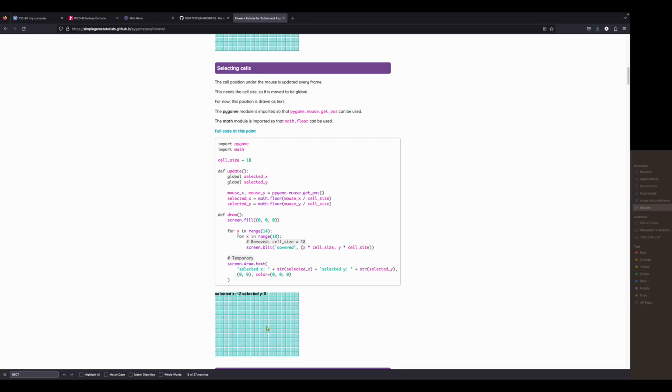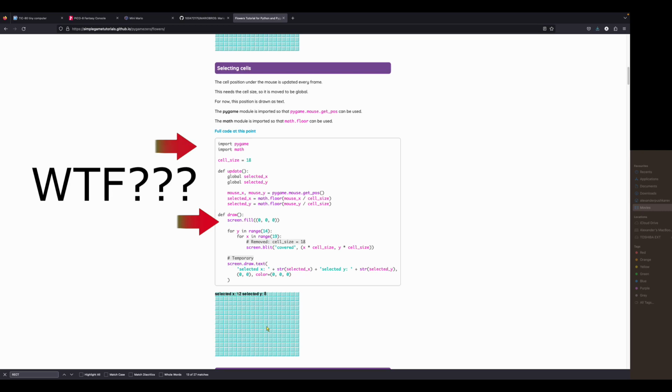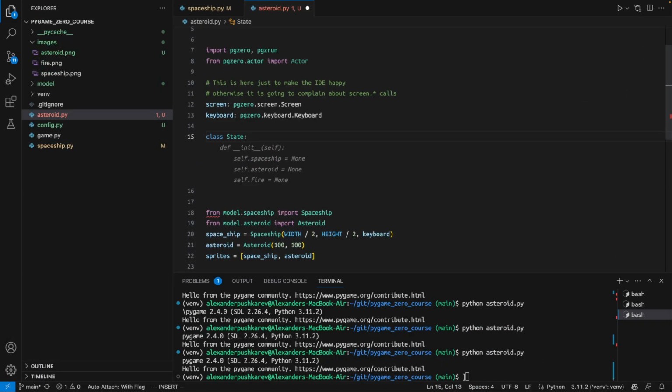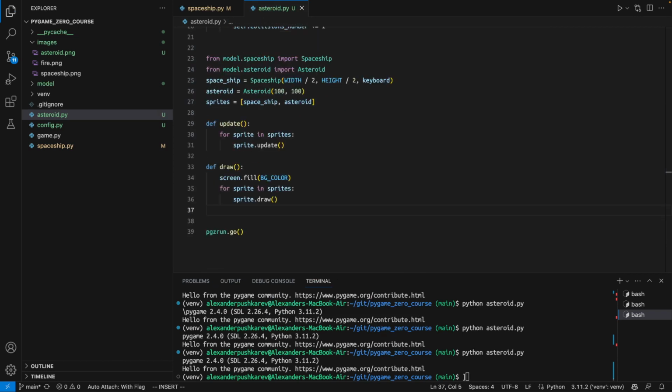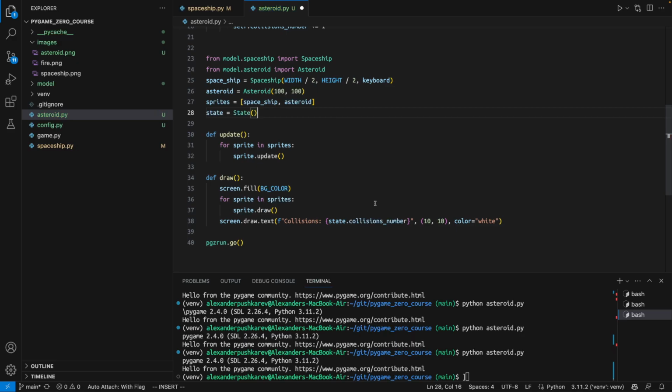For example, music and screen are some kind of magic global variables appearing out of nowhere. You don't import them. Instead, Pygame Zero does some magic around. And that leads to different treatment Pygame Zero gives to the main script and imported modules. So, for example, when I was trying to take an actor class into a separate module, it became not straightforward. You will have to dance around Pygame Zero, something you don't really want from a tool.